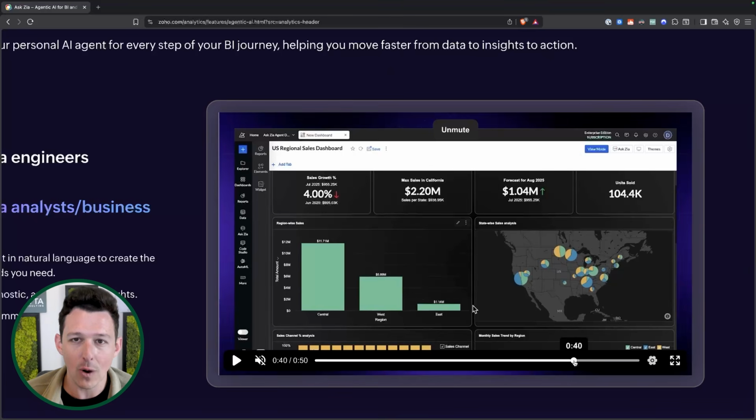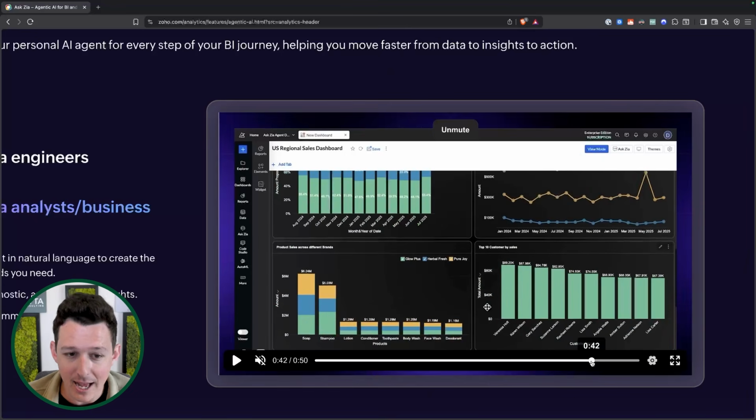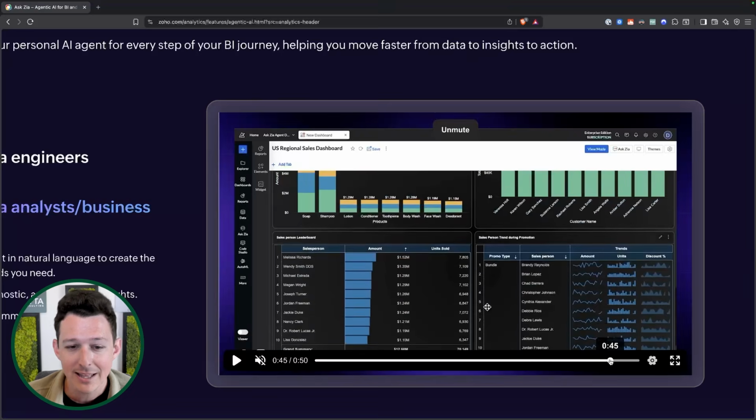So even if it's not quite satisfying your preferences, if it's saving you half the time, because maybe half of these are good, the other ones you just want some changes to them, that's still much better than doing everything on your own. I kind of like these reports down here at the bottom. Like, these are good. So I would give this a try if you're new to analytics and if you're not